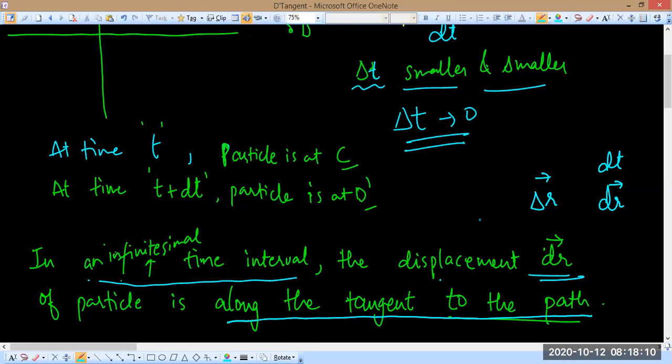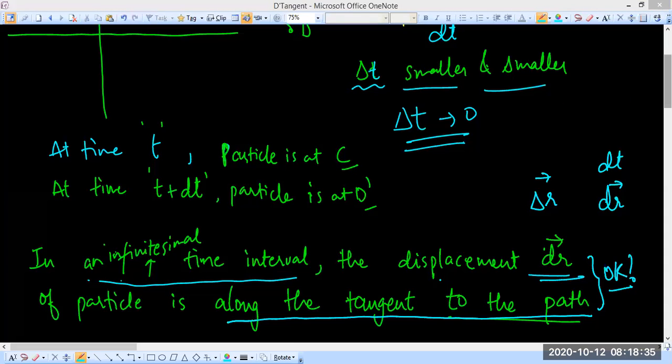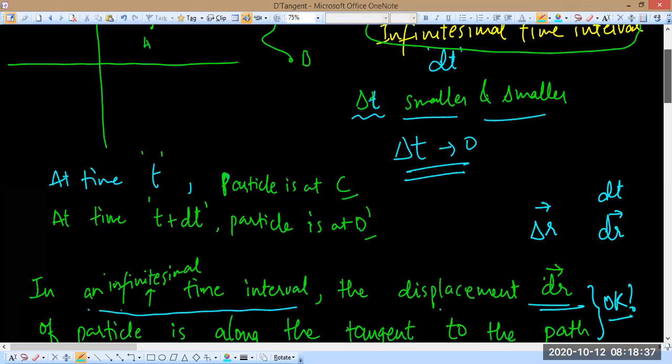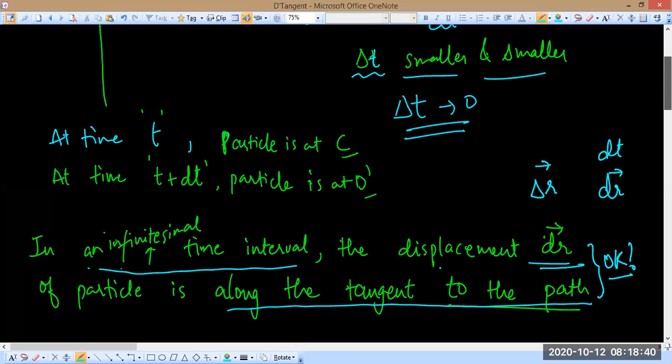Is that clear? I'm waiting for all of you. Make sure you understand this, because this will become a very important thing when we go to the next step. Okay, then fine. I think we are done with this point. We are done talking about displacement. Okay, next,